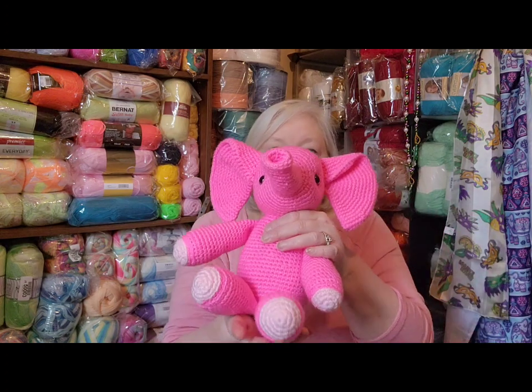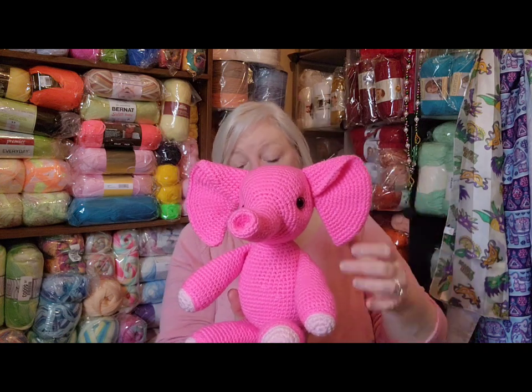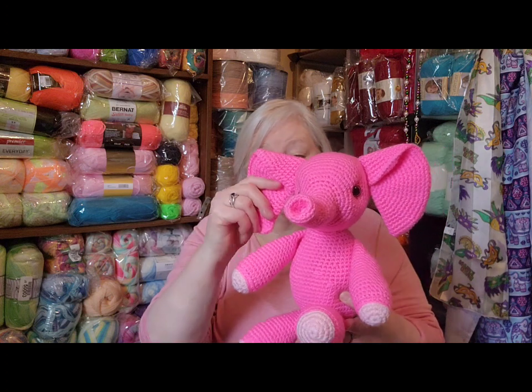And I think I need to add a little pink ribbon, but I don't have any little pink ribbon. So,